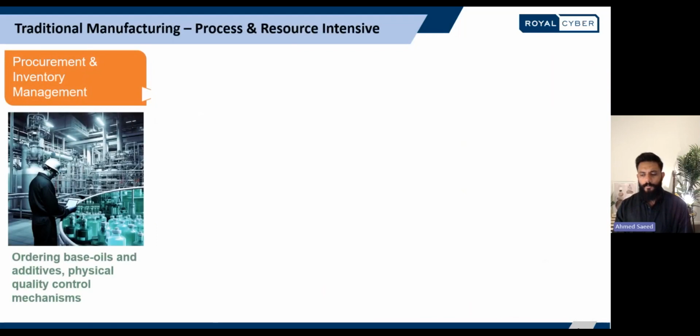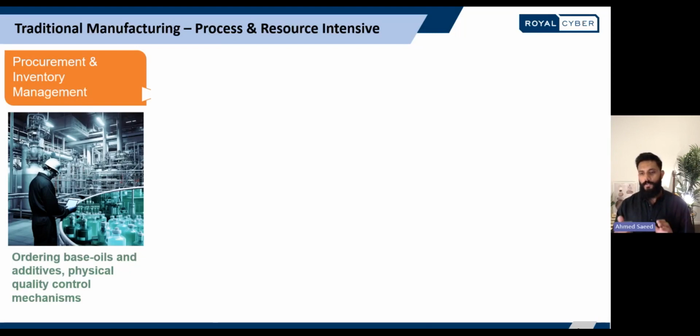Now we've taken a little bit of a deep dive into both the traditional manufacturing processes and how AI has either already changed or can change some of these processes. As we transition into discussing the role of Dolly in modern manufacturing, I think it is important to understand the traditional methods that have shaped the industry for decades.